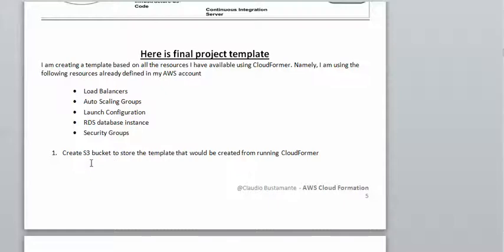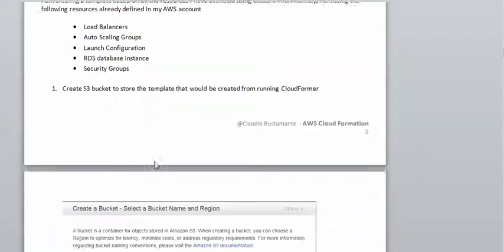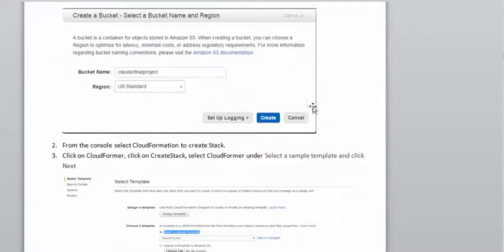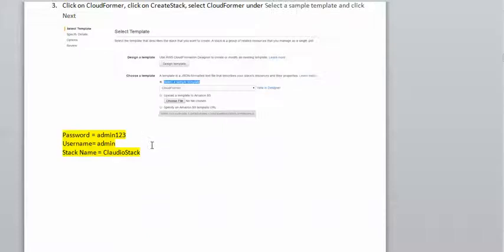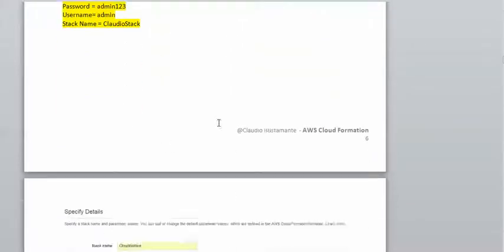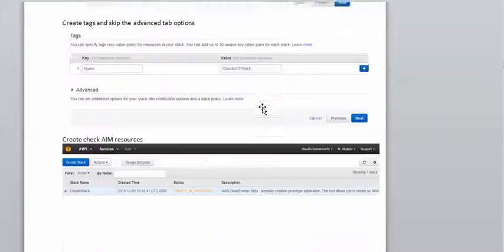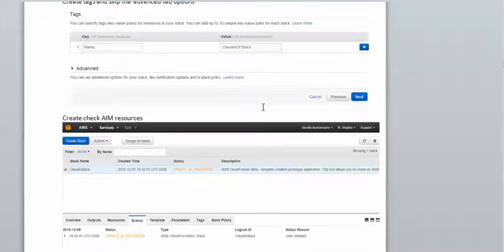The first thing you do, you create an S3 bucket to store the templates. Here I'm saying cloud final project, standard type, clean and template. I put an admin ID and the name of the stack. I call that cloud stack. You saw this, I was assigning the parameters. I give it a name and a password,